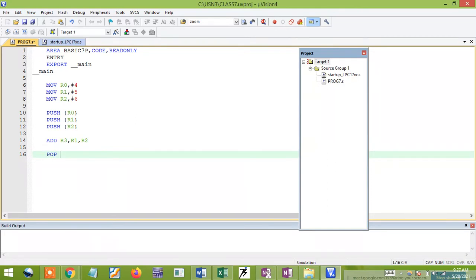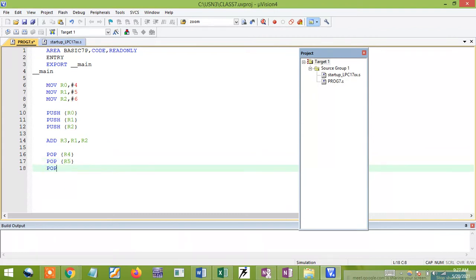I'll take the POP instruction. It is the same format, POP. I'll take some other register, let's take R4. Next POP, I'll go with R5.